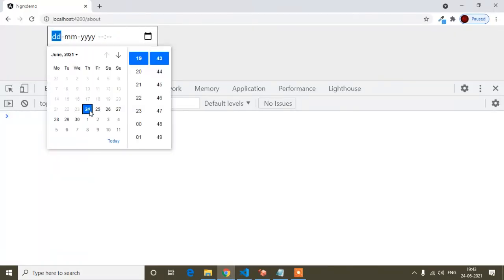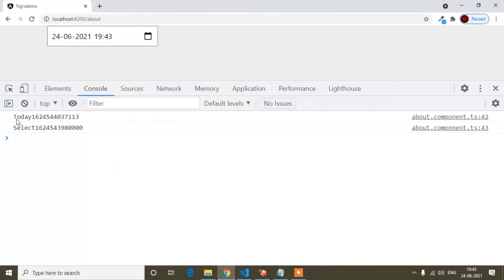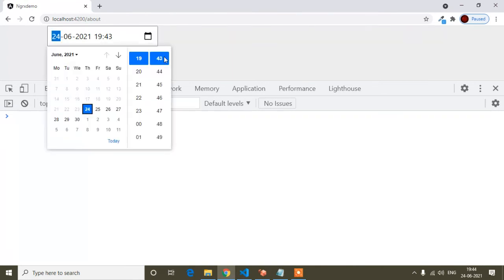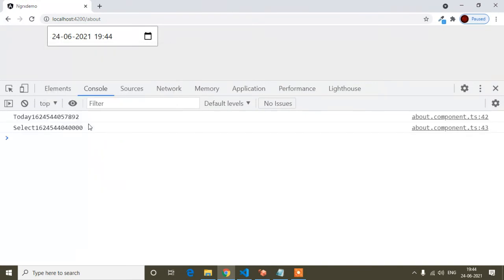So now if I choose this one, you can see today's date is this one and select date is this one. So you can see today's date is bigger and select date is smaller. But guys, if I choose a future date, that means selected date is bigger and today's date is smaller.